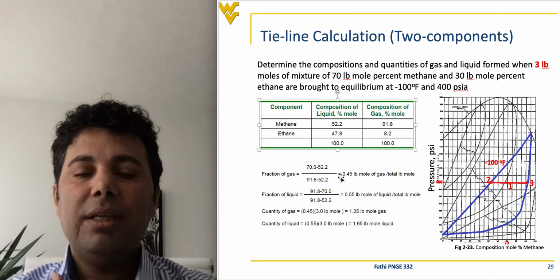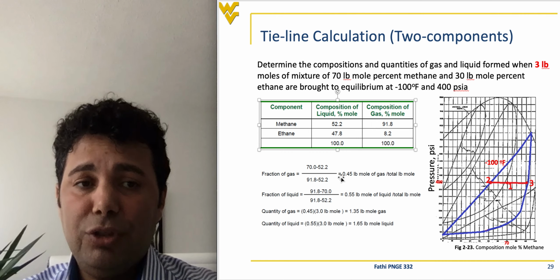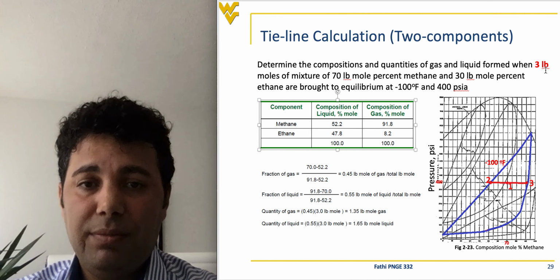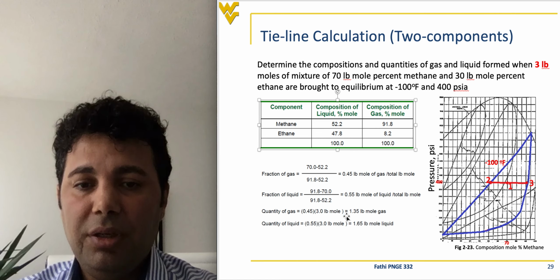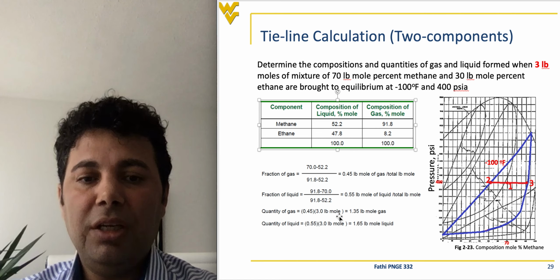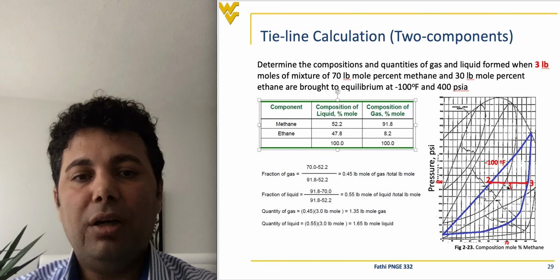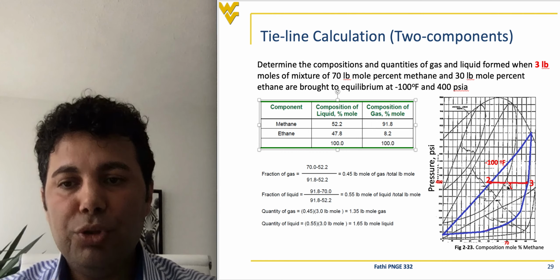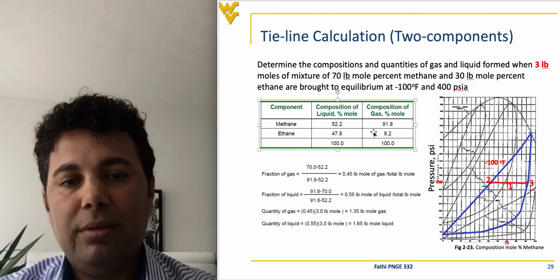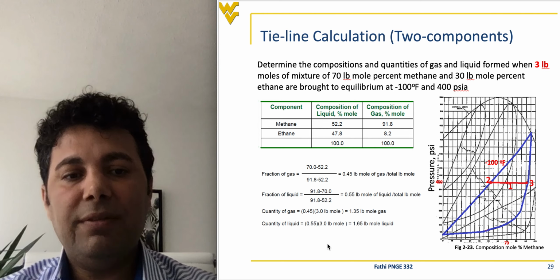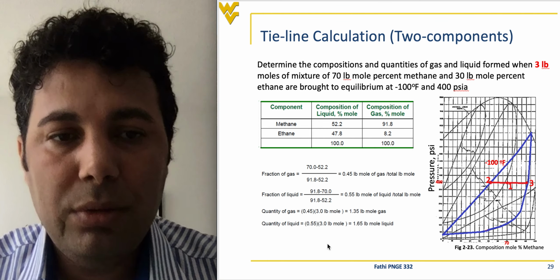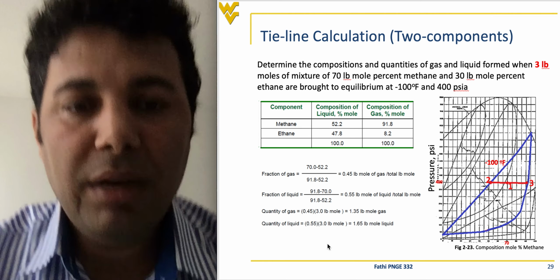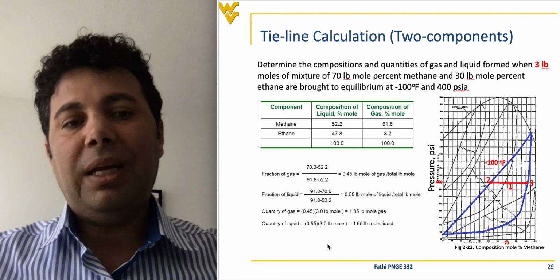These proportions are for 1 pound mole of mixture. But since you have 3 pounds of mixture, you need to multiply this by 3. So we multiply that by 3. This is going to be the portion of gas and the portion of liquid at point 1. So I got the quantities of gas and liquid at point 1 and the composition of saturated gas and saturated liquid in this table. Okay, so it's very important. You will have questions on the homework assignment to work with this, and definitely you will have this type of questions in